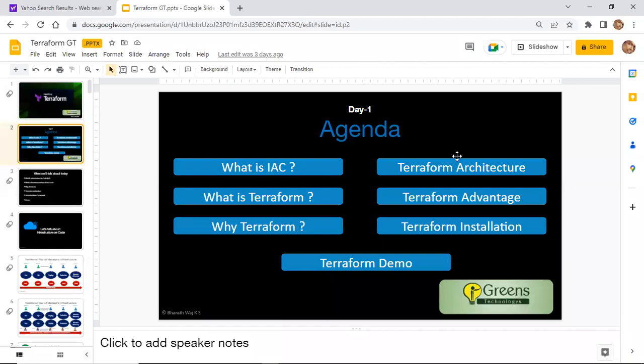Then we're going to see the architecture, some of the advantages, and how to install Terraform. We'll see the installation of Terraform both in Windows as well as Linux. And then we will be seeing some settings blocks of Terraform.